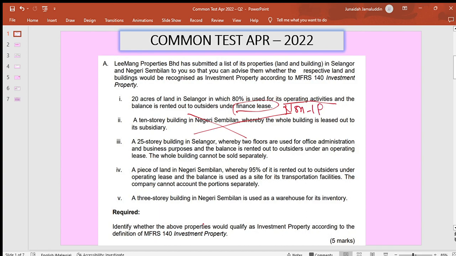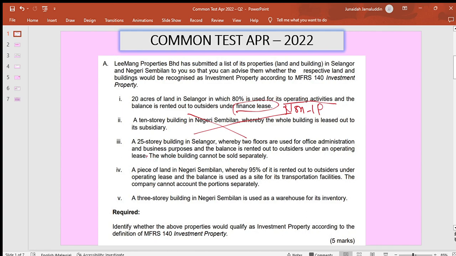For property number 2, this property is actually outside the scope of our syllabus, because this is related to consolidated financial statements. So we just ignore this property. Property number 2 we just ignore. Students will be given bonus marks for this question. So we just proceed with